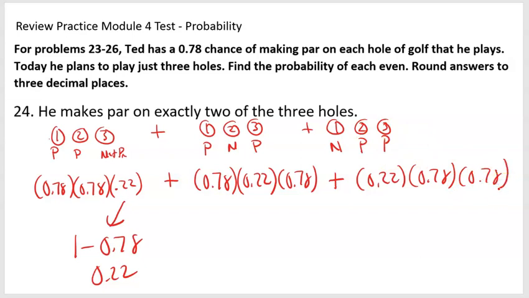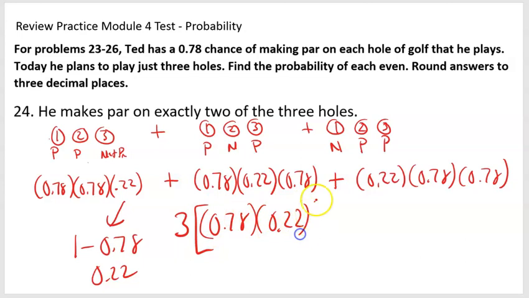So really I'm just calculating the par for each hole that he's doing. But since there are options when they say exactly 2 of the 3 holes, I have to work it around. So first and second hole, first and third hole, or second and third hole. And that's the only way it can happen. But notice it's the same values I'm multiplying together: 0.78 twice times 0.22, just in different orders, but you're going to get the same answer. So it's really 3 times 0.78 times 0.22 times 0.78. Okay? And that gives me an answer of